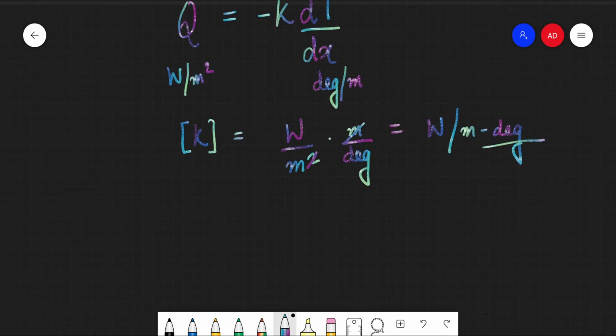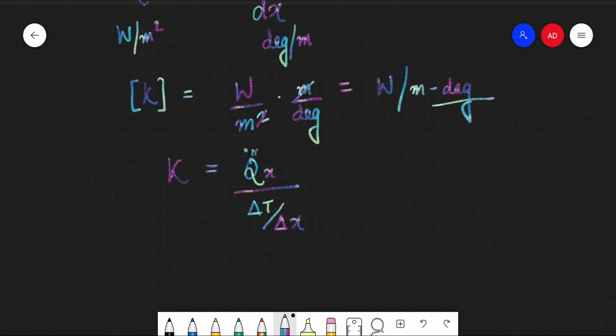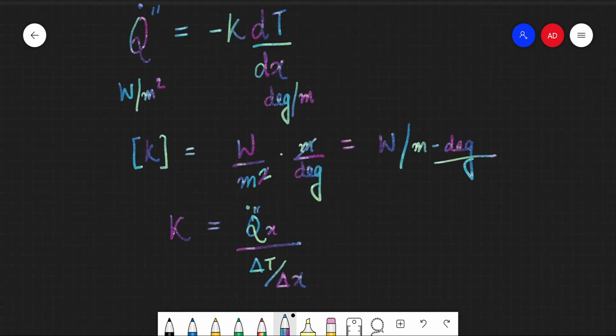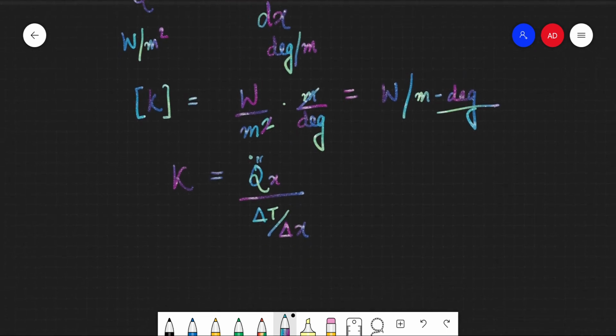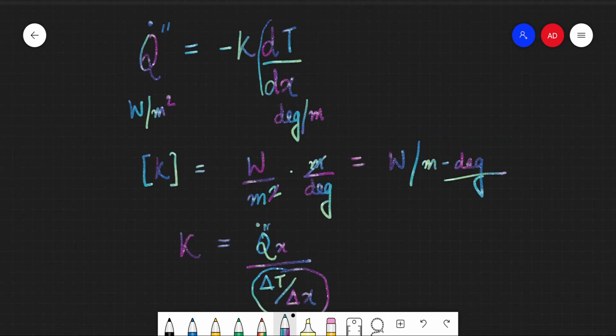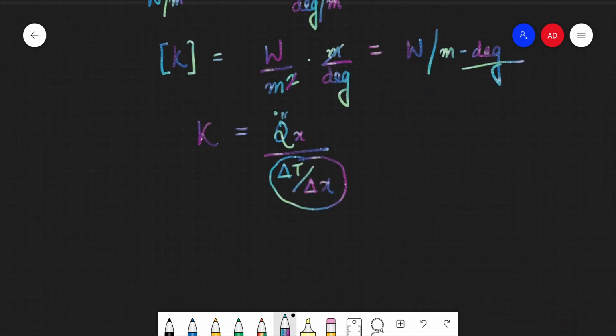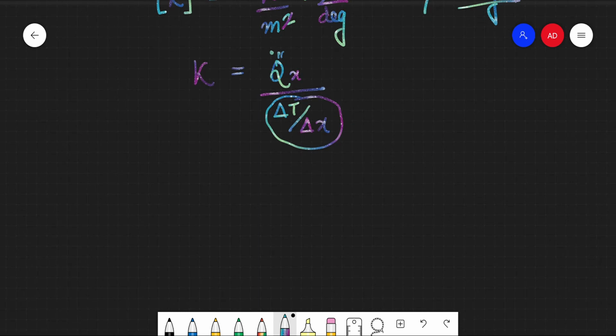So that being done, this is exactly how the thermal conductivity is defined, right? The thermal conductivity is defined as the heat flux, let's say in the x direction, divided by the temperature gradient in the x direction, right? I am purposefully denoting the temperature gradient by different signs and symbols so that your concepts regarding these are clear. This just means the temperature gradient, and this means the temperature gradient at the limit when we are taking infinitesimally small elements, right?